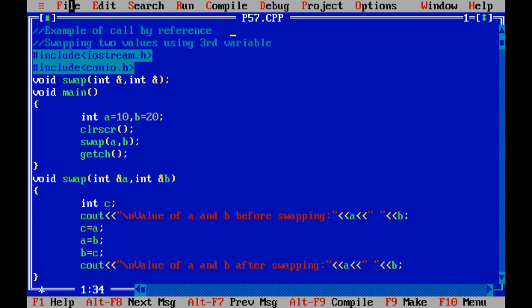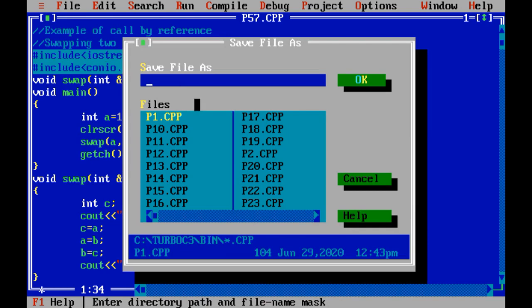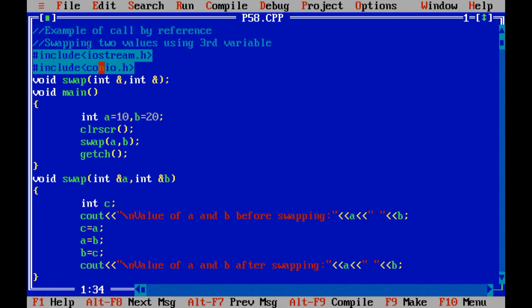Let me save the file as p58.c++, because the code remains as it is. Let me make a correction over here using pointers.